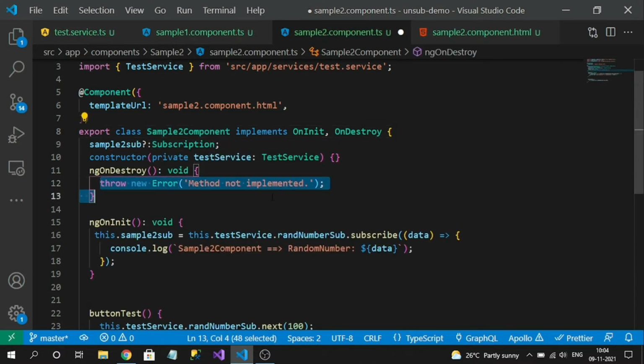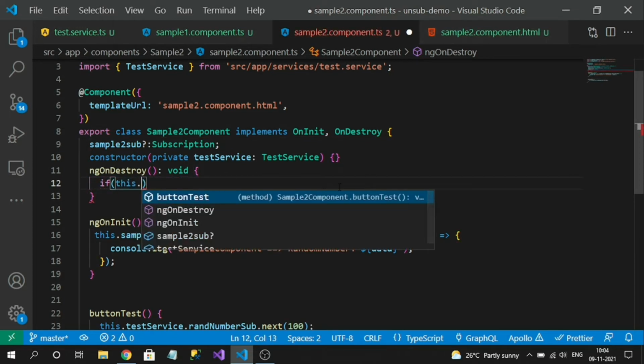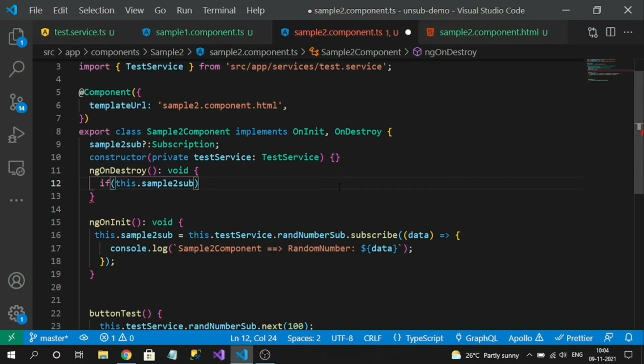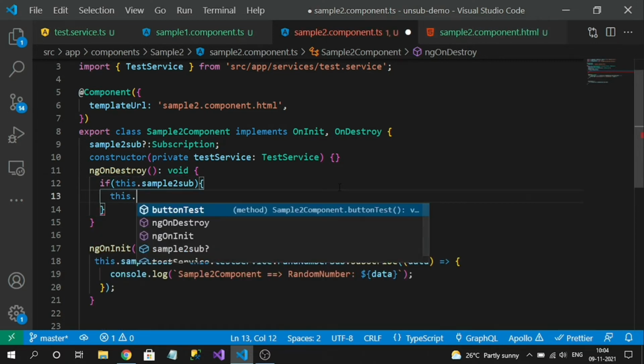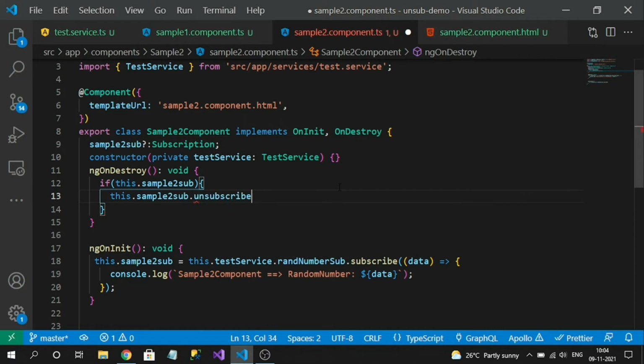So instead of on destroy, let's unsubscribe it. So finally I have done my changes.